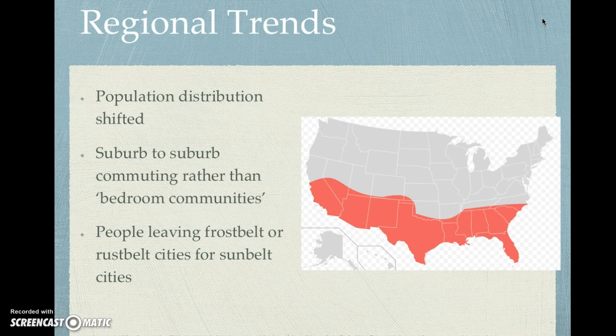I mean, think about it. It's like people all of a sudden, they want to live in warm, sunshiny Florida instead of freezing cold Detroit. And so this is kind of like a population shift of where the Sun Belt cities are really seeing a rise in population, and the Rust Belt cities are seeing a decline in their population. So this is a trend that has been going on across our nation.